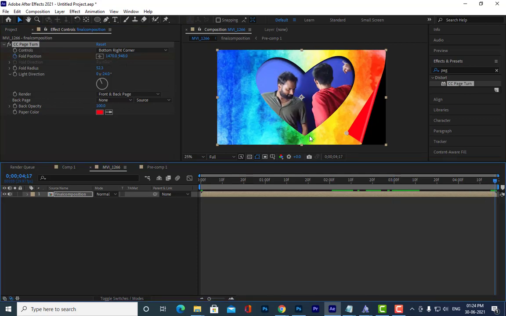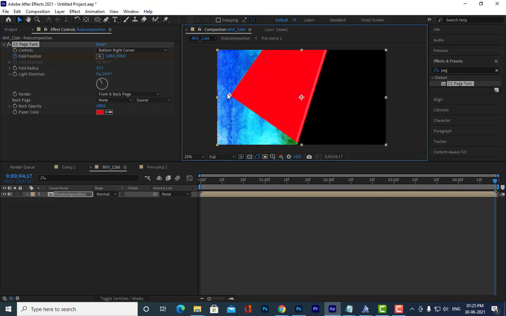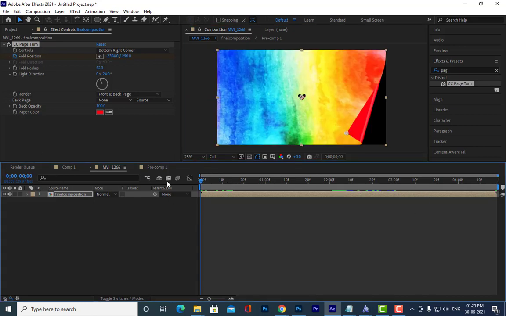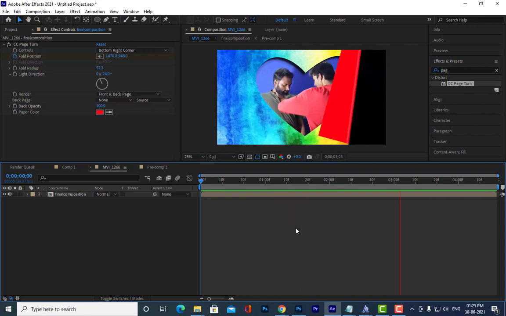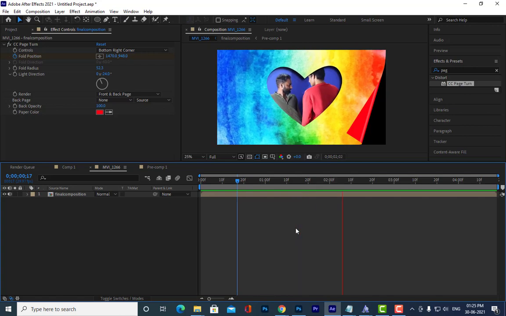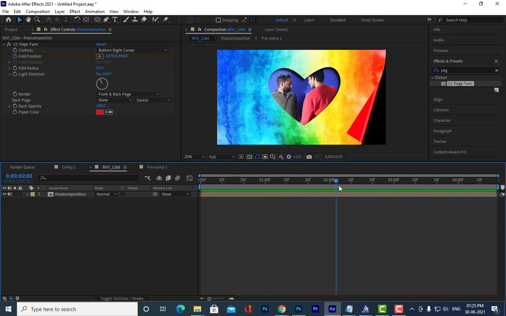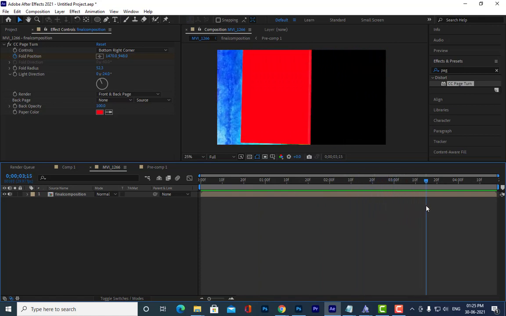So now we will animate it. How to animate? We can simply select this one and keep it like this. Let us see now. We got something like a page folding, like a paper page folding.